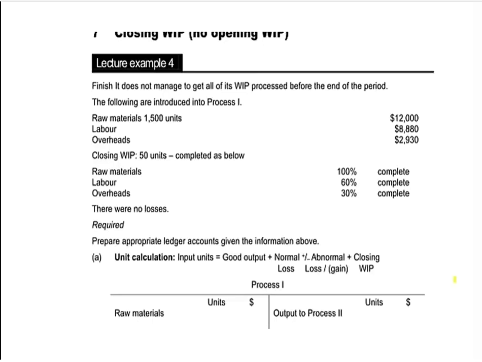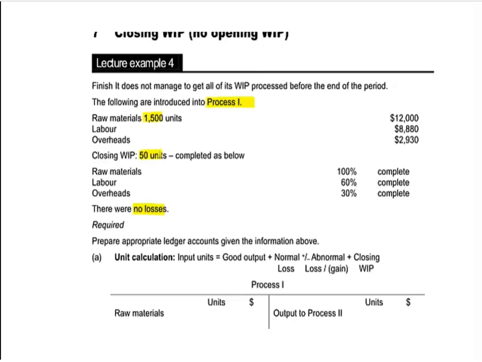So we've given some information about what goes into process 1, and we're given some information about the outputs. There were no losses because you're not going to have to deal with losses and work in progress in one question. So what we can assume then is that if we put in 1500 units and we've got WIP of 50, that we end up with good output to process 2 of